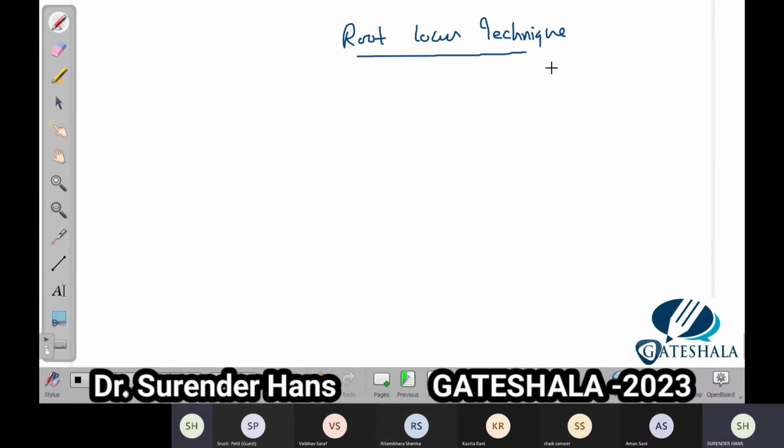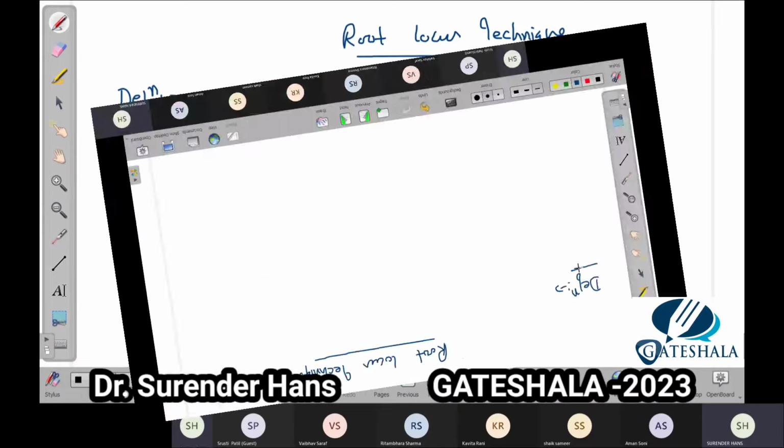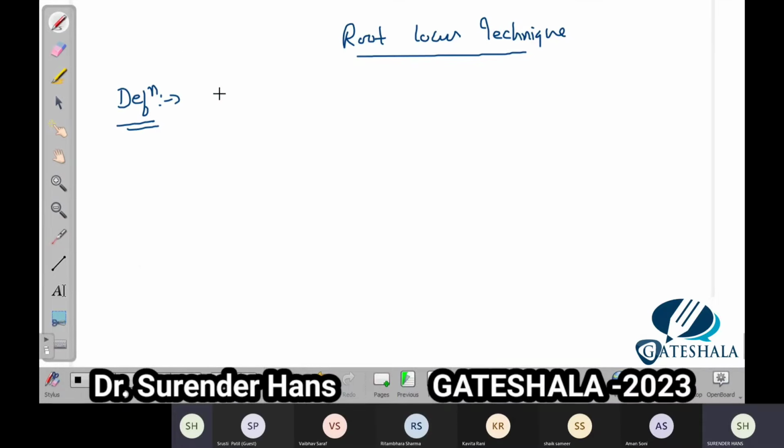Now this root locus technique. Now what is the root locus? See this definition. Actually, in this one there are two definitions. So the first definition is